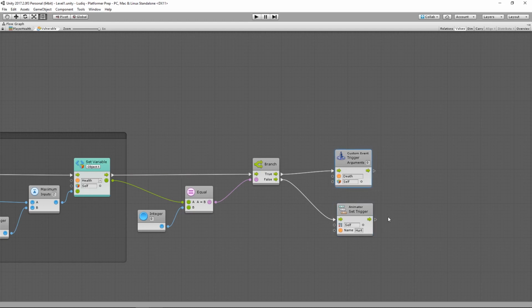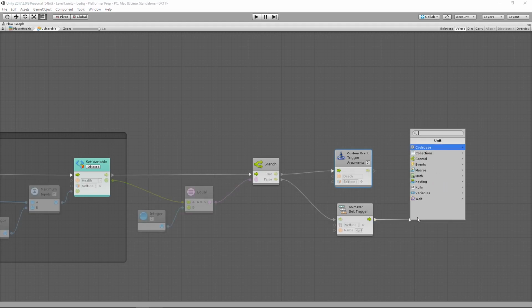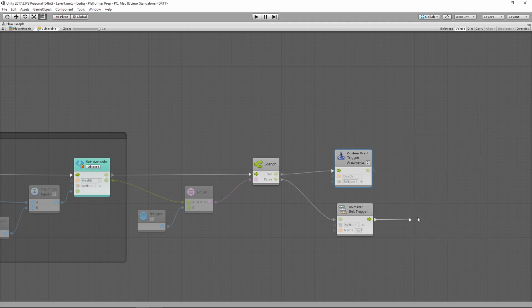Now, after we do that, I want to fire off an event that will say that we got hurt. That way we know to transition to our invulnerable state. So we just took damage, and now for the next second, I don't want to be able to take damage again. I want to be able to get away from what just hurt us, right? Think about Mario: you run into a Koopa, your guy's going to go flashy for a bit so you can't actually take damage for the next second or so. You don't die in one hit and take 3 different damages. So for that, I'm going to pass this out and say custom event, and we're going to